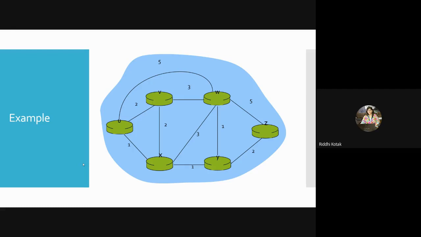Next one is W. To reach W from Y, you have to start from the source node. So U to X, X to Y, and Y to W. So 1 plus 1 plus 1 equal to 3. So write down 3 comma Y. Then X is already visited, Y we are currently exploring, and Z. To reach Z, start from U. So U to X, X to Y, Y to Z. 1 plus 1 plus 2, 2 plus 2, 4. So write down 4 comma Y.